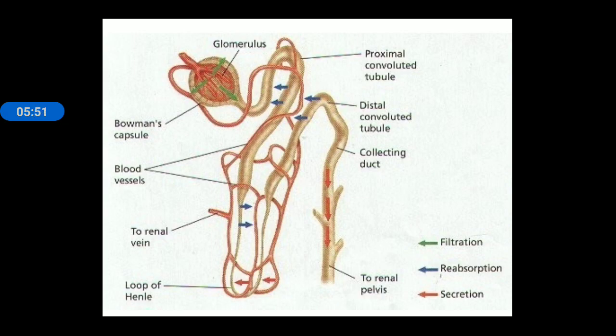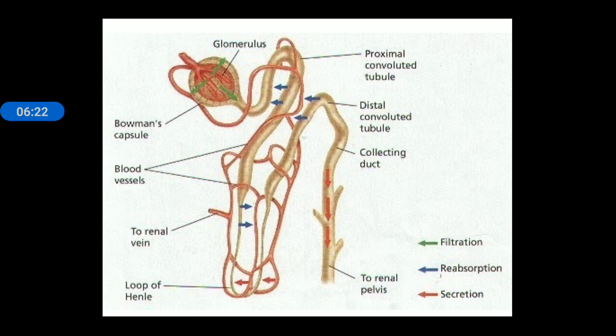Yes, you can see here. There are mainly three types of arrow. The green one is filtration, the blue one is reabsorption, and the red one is secretion. You can see blood enter into the glomerulus. Here filtration takes place, glomerular filtration, and the amount of filtrate formed in glomerulus is known as glomerular filtration rate, GFR,